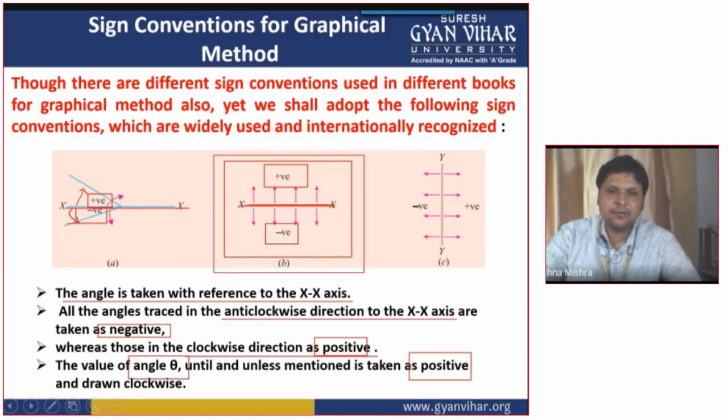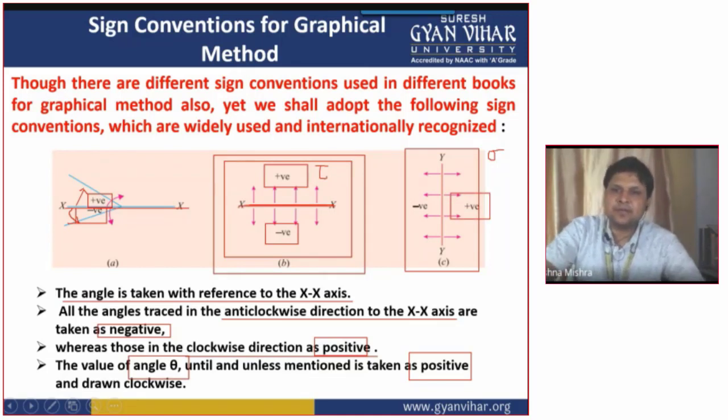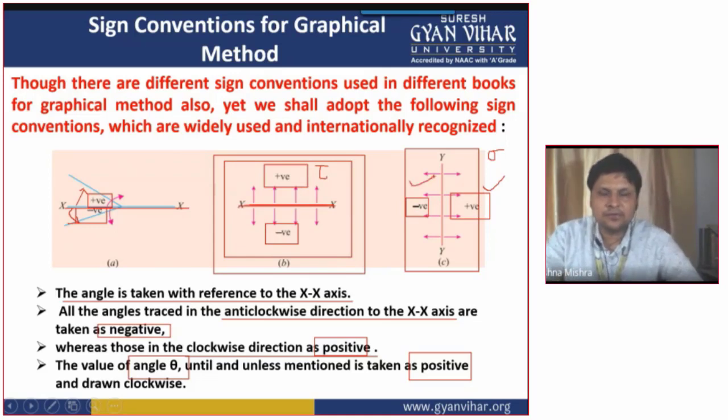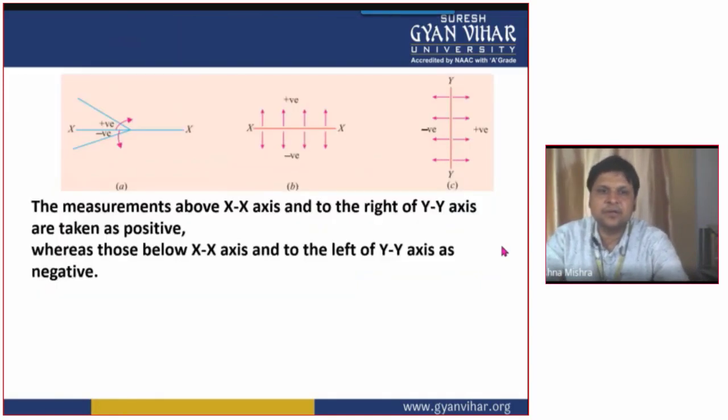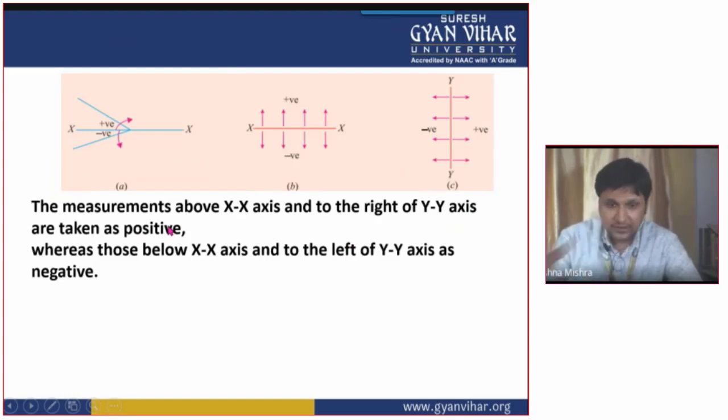All right. These are for shear stresses. Keep in mind these values above the x-axis and below the x-axis. This is for tau, the shear stresses, students. And for normal stresses, means sigma, the values which are positive, means tensile, will be taken on the left side and compressive will be taken on the right hand side. When I solve the numerical, you will understand what these sign conventions are and how they are used. The measurement above the x-axis and to the right of the x-axis are taken as positive.